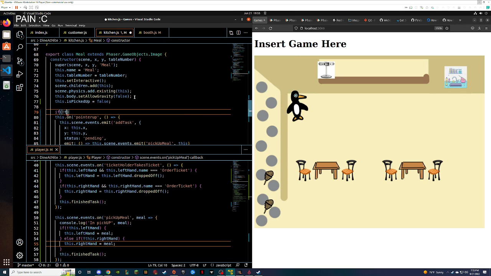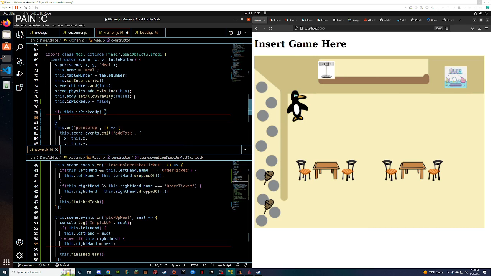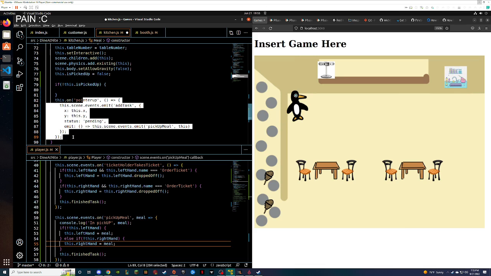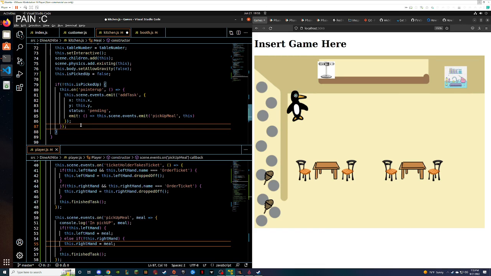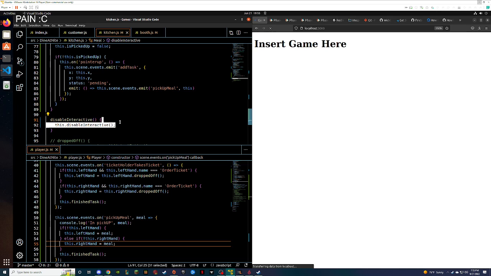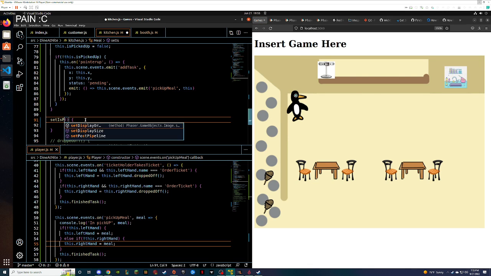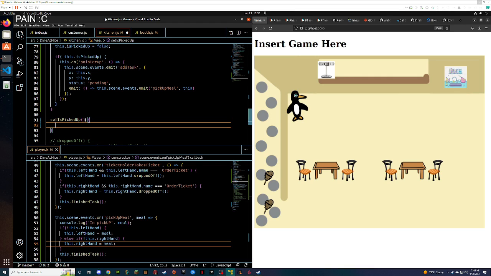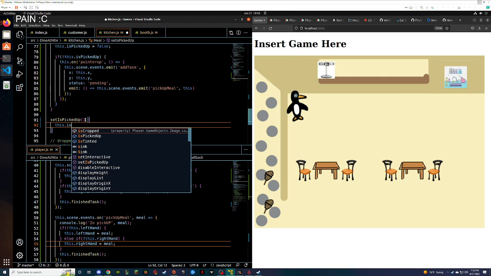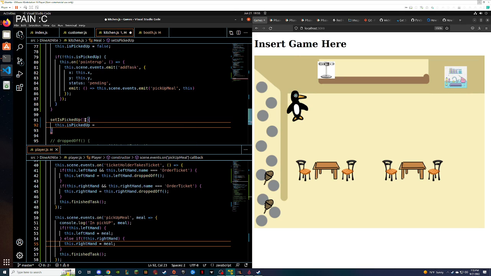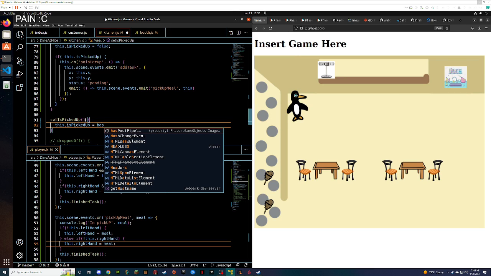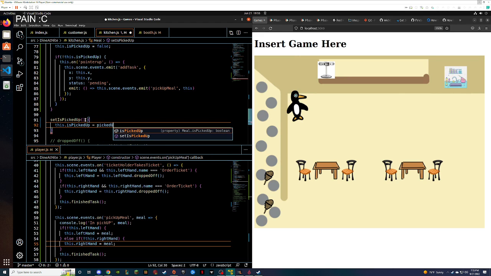If this is not picked up, then we want to pick it up. Otherwise, we don't want to pick it up. And so, we're going to have set is picked up. This dot is picked up equals picked up.